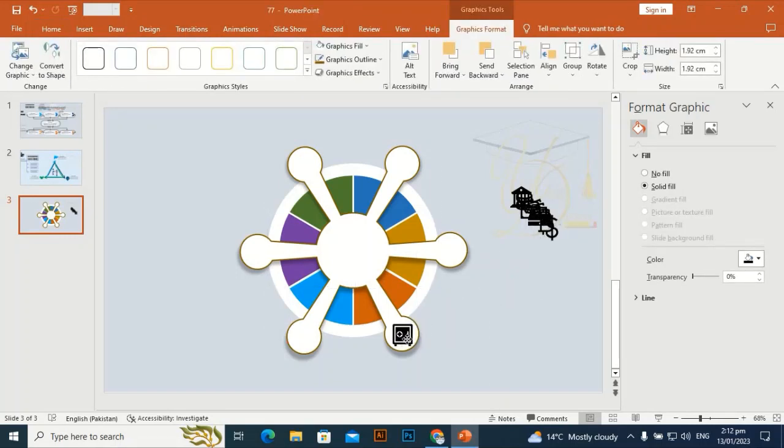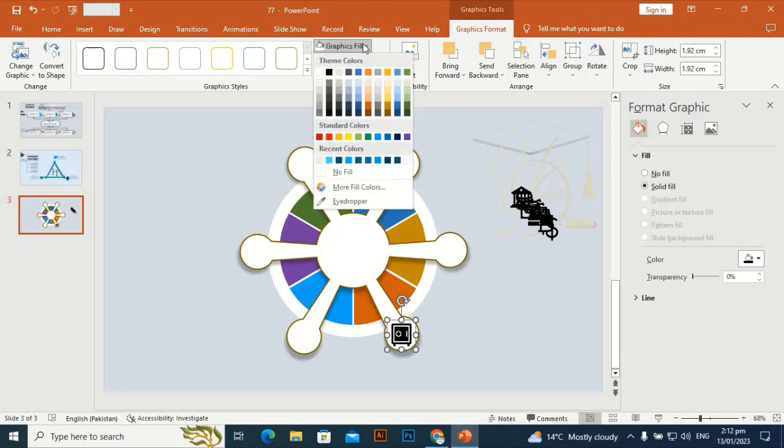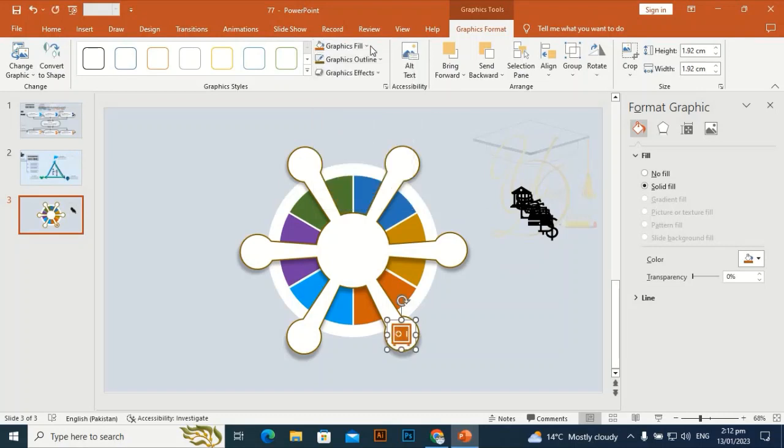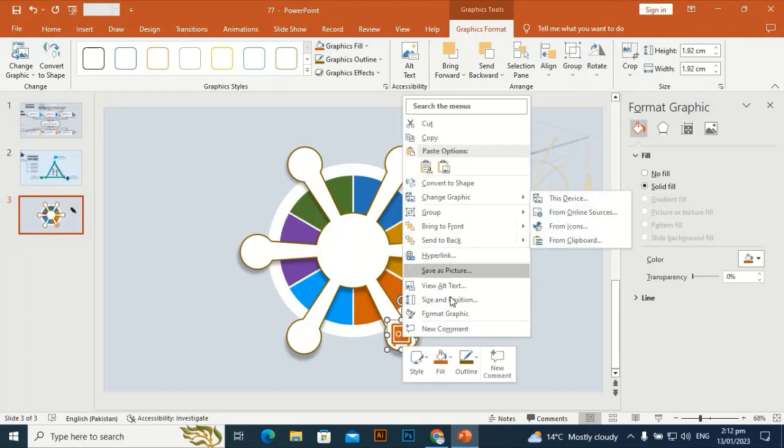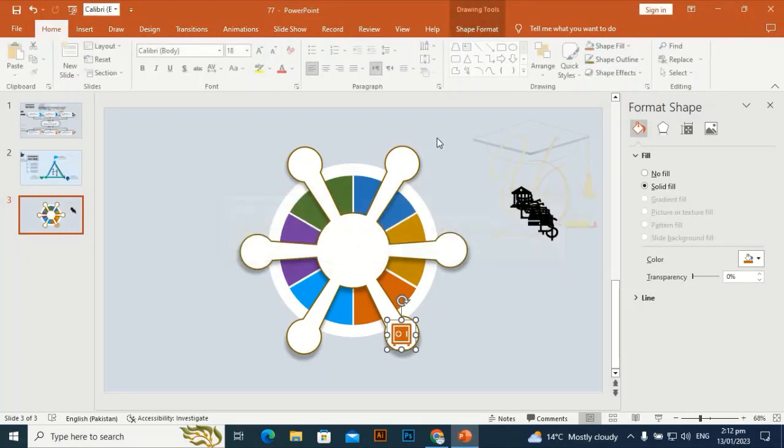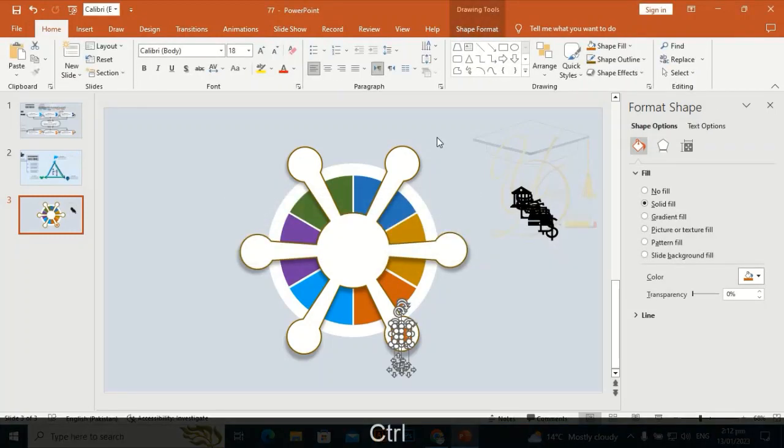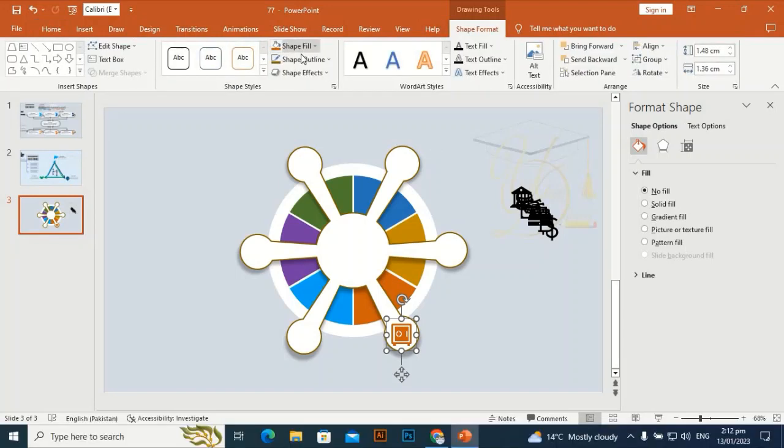Now I'm going to place it one by one and graphic fill to give it some graphic effects. Okay, I'm going to make it ungroup. Yes, and it will be converted to the shape. Control G to group it. Now I'm going to make the shape fill no fill and